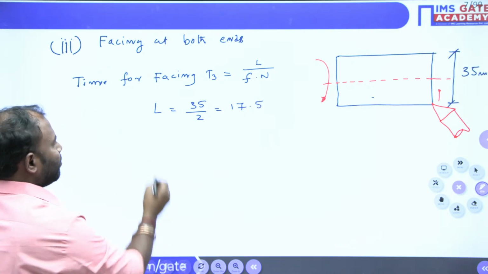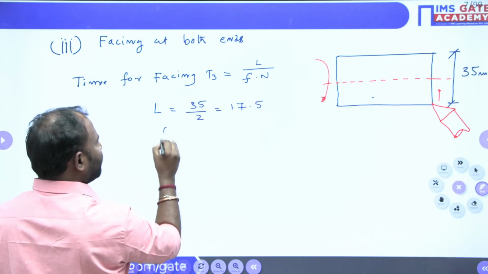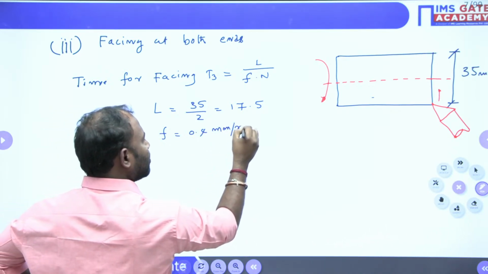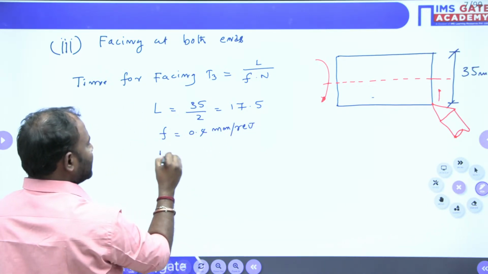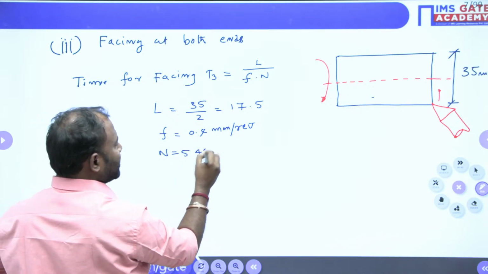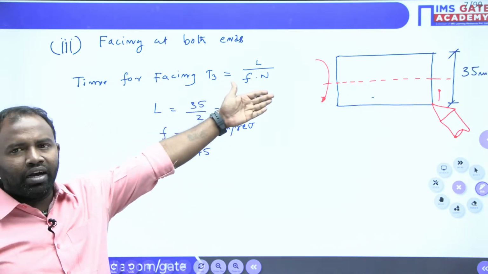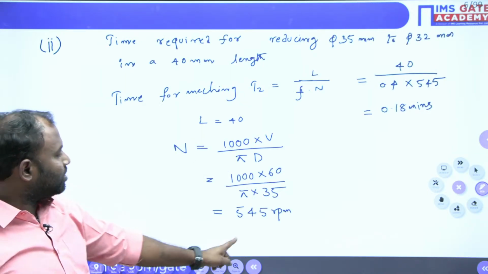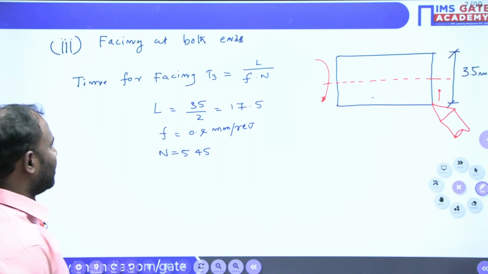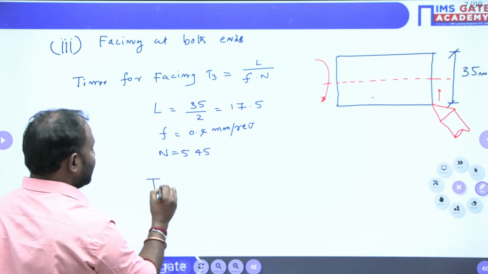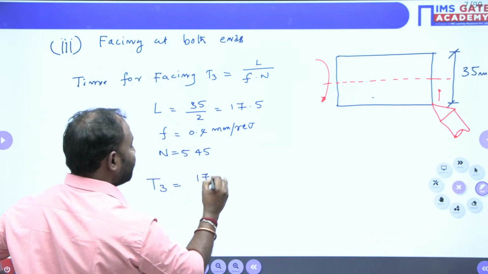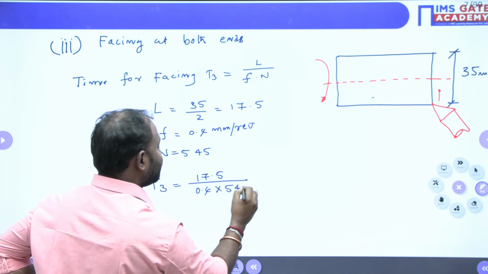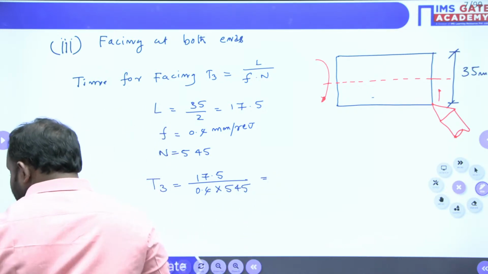F is 0.4 as we already know, 0.4 mm per revolution. Next, N is equal to 545 only we have to consider, because it is 35 mm diameter only. For 35 mm diameter we have calculated the speed already, that is 545 RPM. Now let us go for T3. T3 is equal to 17.5 divided by 0.4 into 545. That is equal to, you are going to get